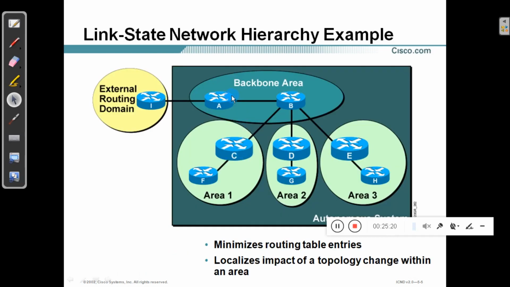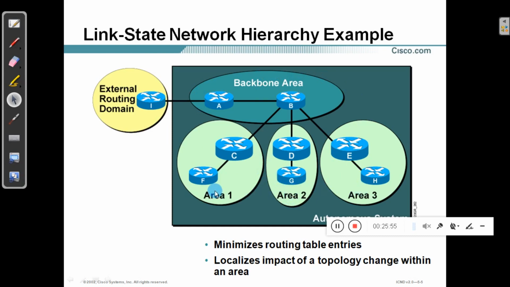So link state routing protocol adopts hierarchical routing architecture, that is a group of routers based on the common administrative rules are called as autonomous system. Autonomous systems are further divided into areas. All the areas are connected to the backbone area, and the backbone area is connected to other autonomous systems. Here in the diagram you can see autonomous systems are divided into areas. So area 1, area 2, area 3.